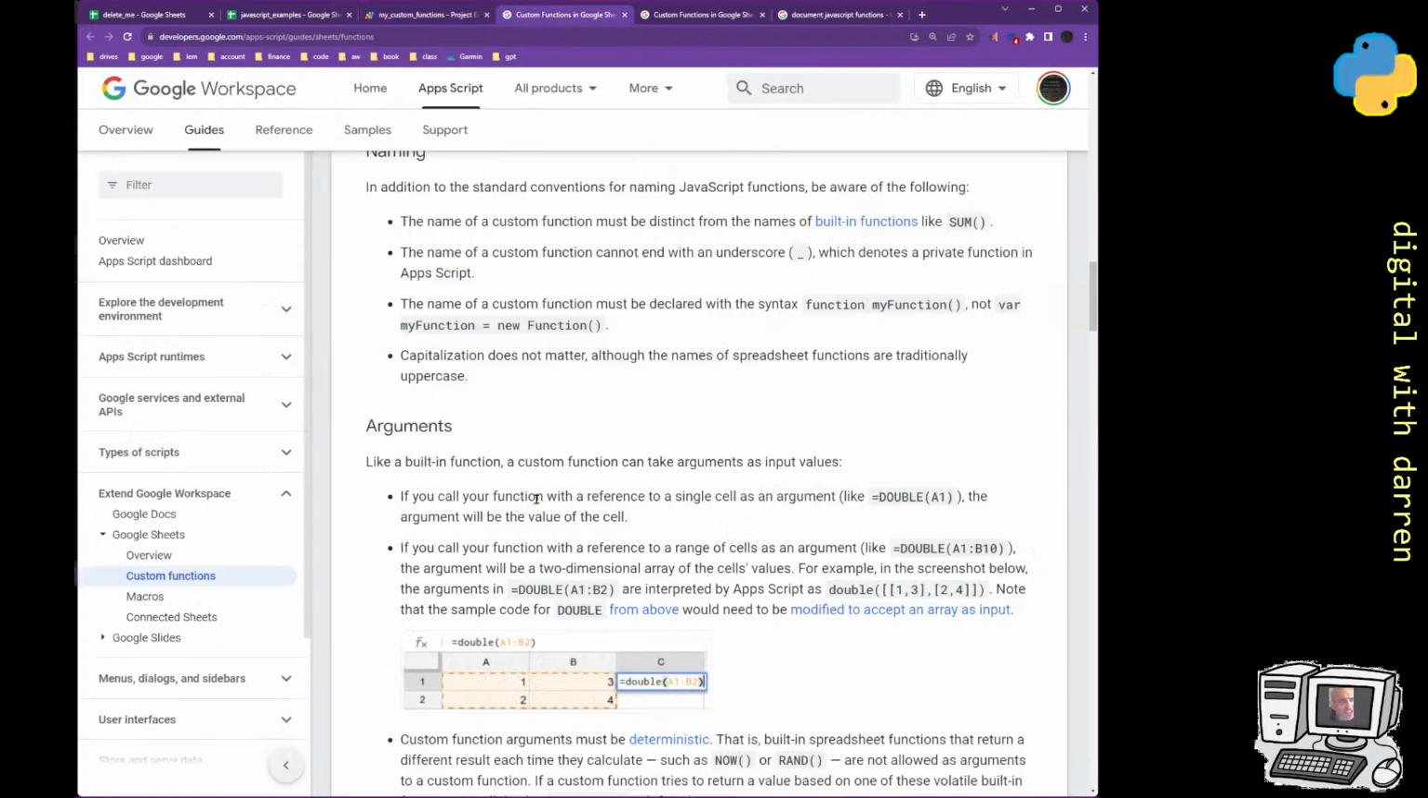So let's just go on. Capitalization does not matter, although the names of spreadsheet functions are traditionally uppercase, right? Now, sorry, I forgot this one here. The name of a custom function must be declared with the syntax function myFunction, not var myFunction equals